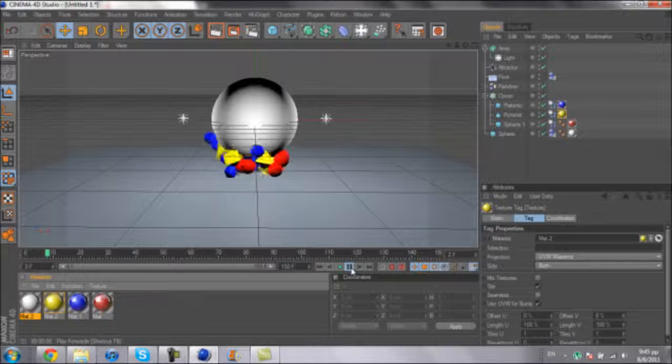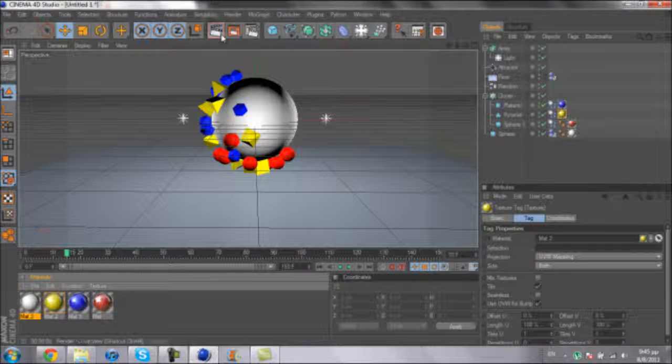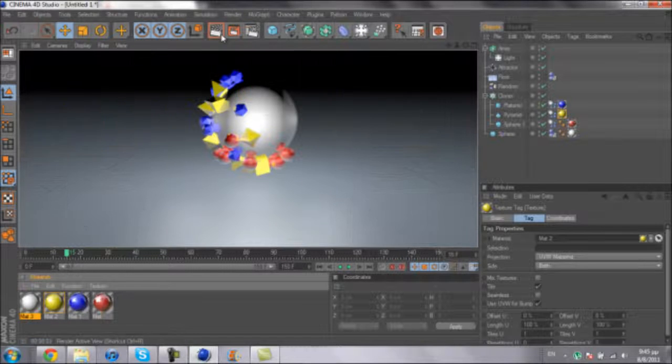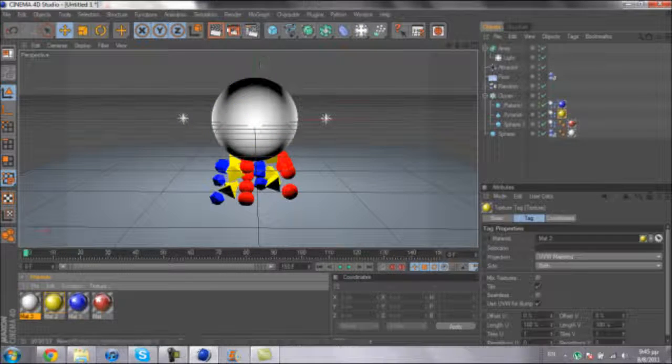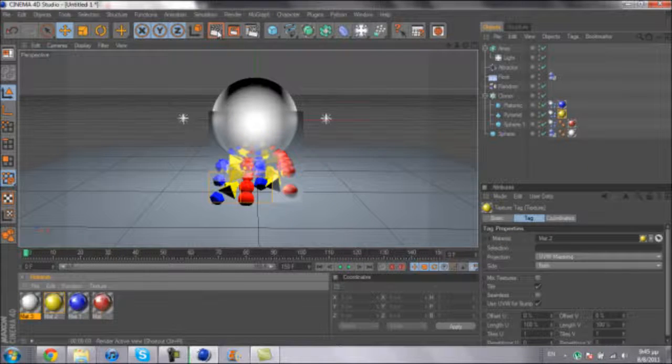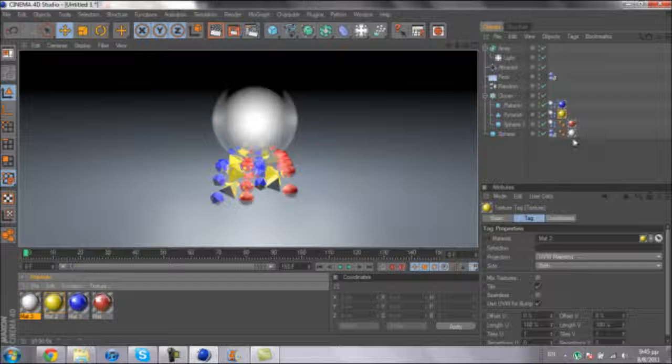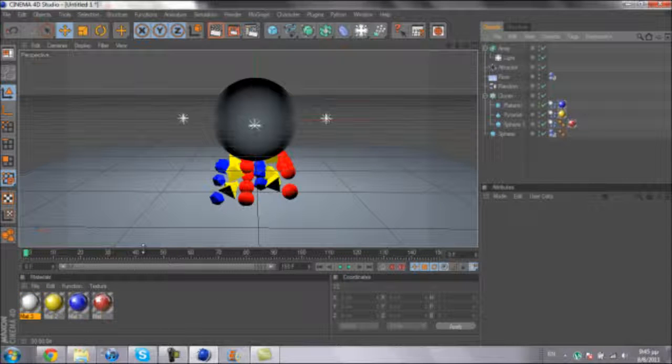So if you play it, you see it goes like this. And the really nice thing about it is that it reflects the shapes on it. So if you see it at the start, you see a whole grid of shapes reflected right on it, and it looks really nice. So if I actually put that material I had before that I downloaded,